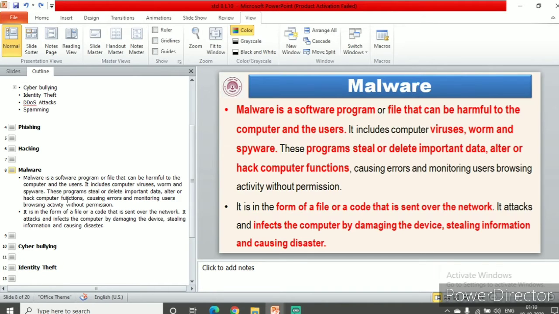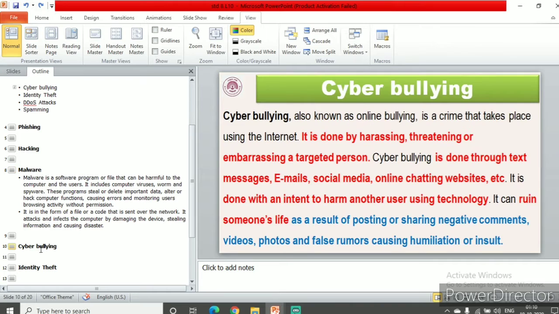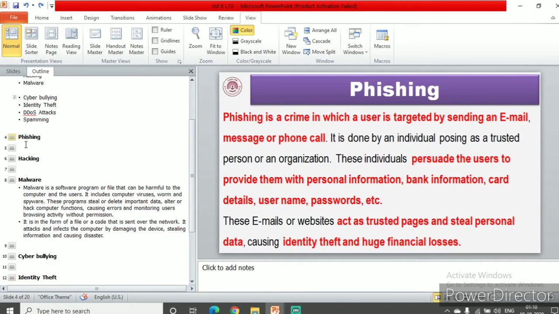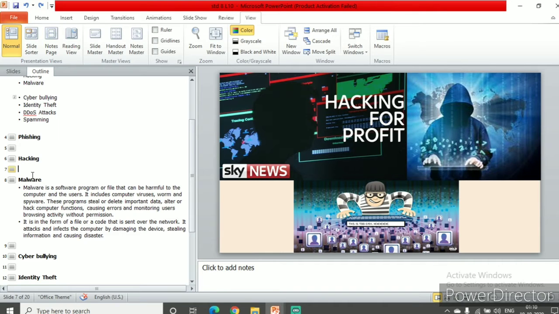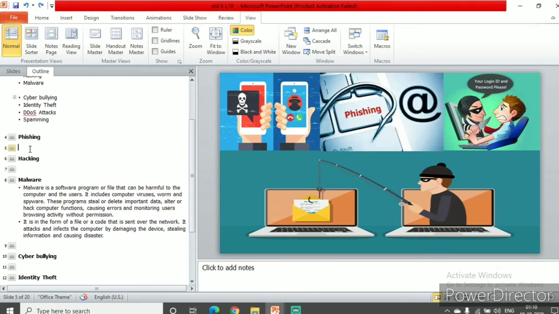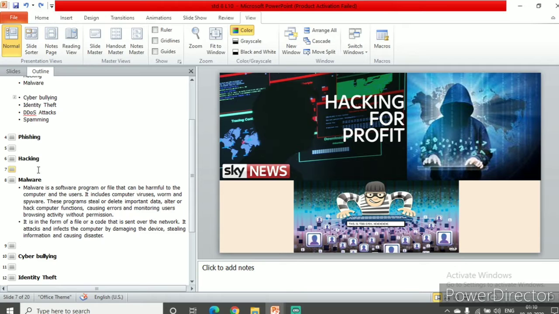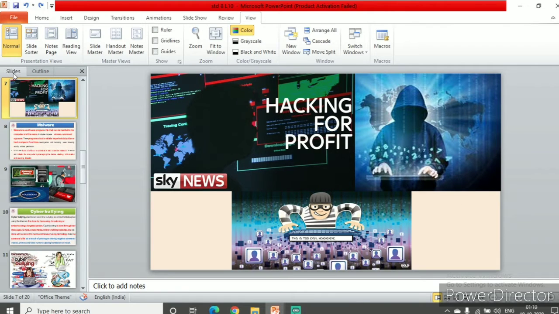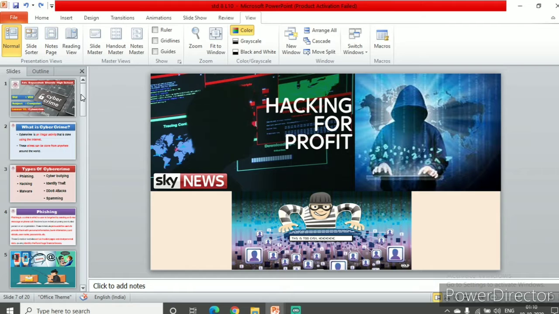But wherever the text is written, you can see it, right? See slide number 5, there's a photograph. Can you see anything here? No. Slide number 7 has a photograph. Can you see anything here? No. So this is how the outline view works. And the slides are aligned here.